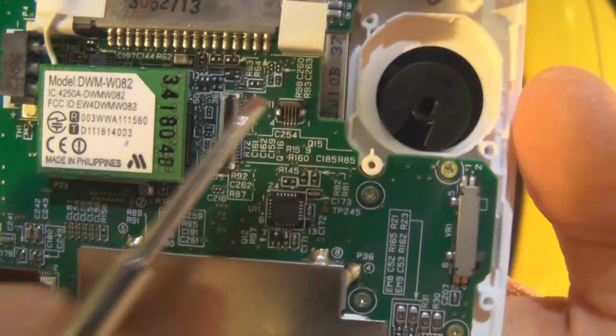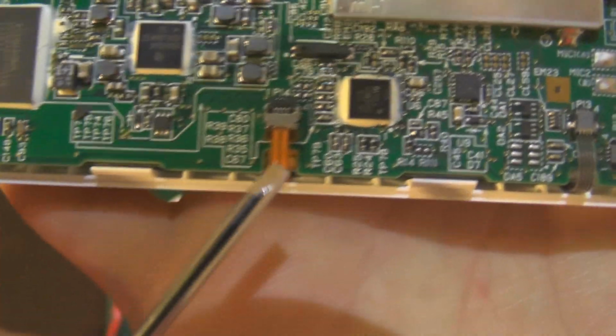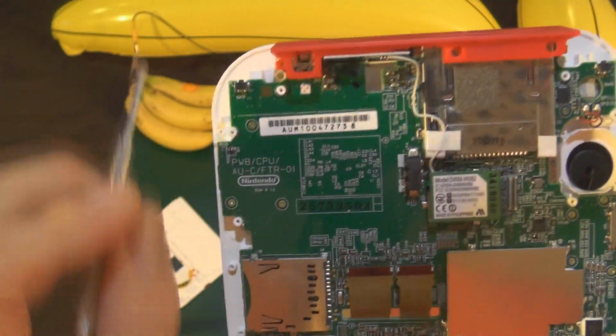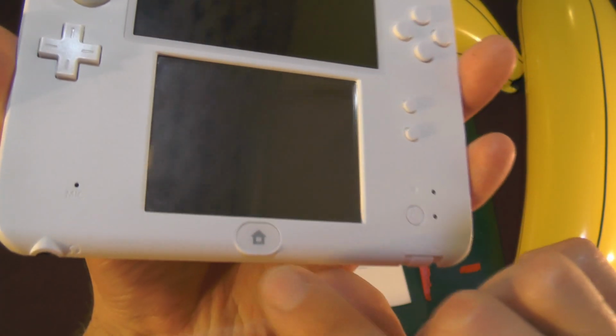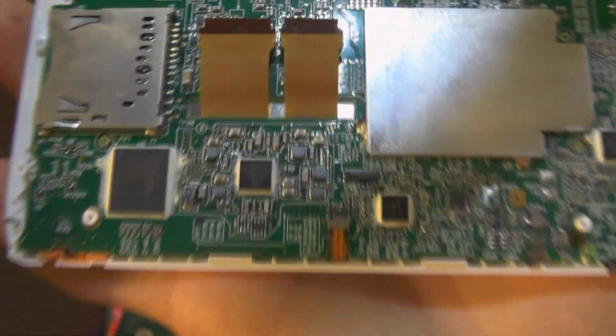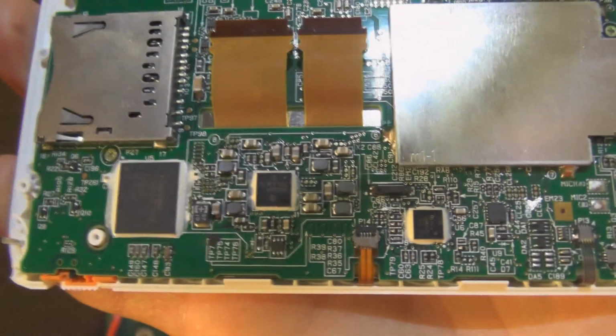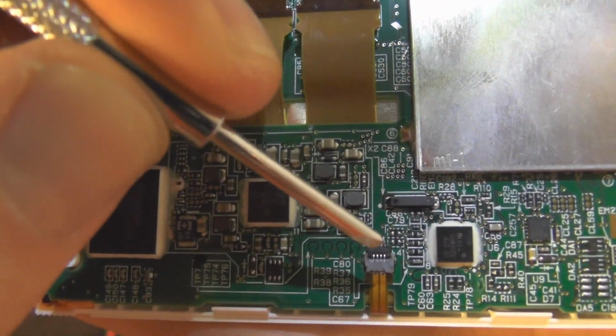Now before, over on the analog stick, you see how it's the little grey bit that we flipped up. Now this is what I was talking about in the last disassembly video. We've still got the shoulder buttons pointing away. This is the home button, being this because it looks like a little house tiny microbes can live in. So yeah, shoulders away from, and we're coming in,